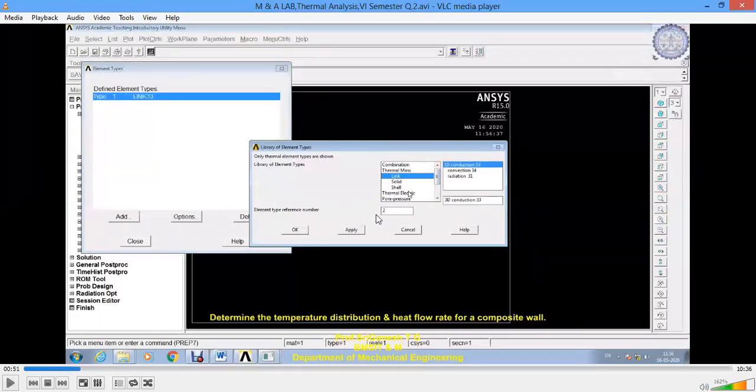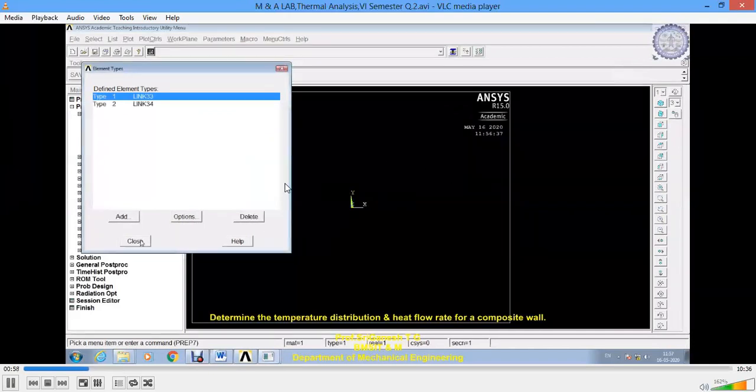We have selected the element type for conduction, and now we have to select the element type for convection. We'll select convection 34, the element type for convection areas that we have to use. Then click on OK and close this window.